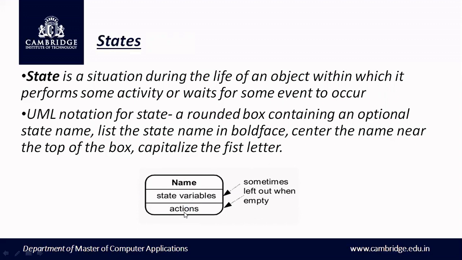And the actions here are the actions or activities that take place when an object is in a particular state. So in case an object is in, say, some state S1, when the object is in state S1, what is the set of activities the object has to undergo? We can just specify this, right? We'll see in detail about all these actions and activities in the coming slides.